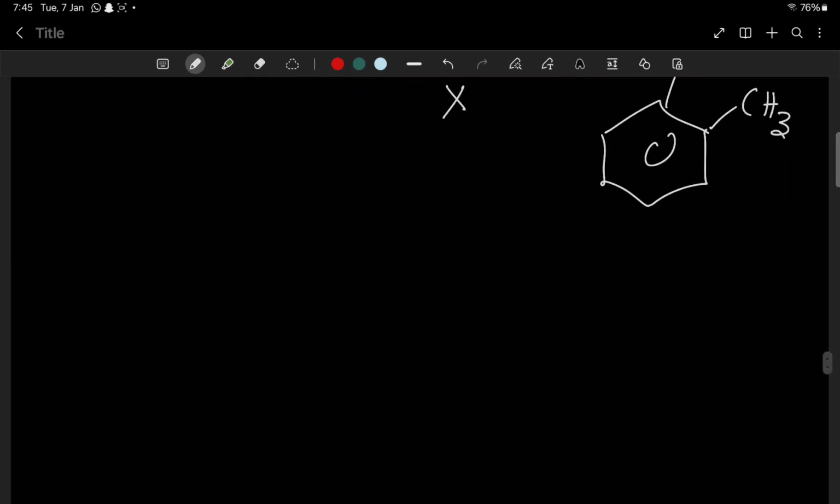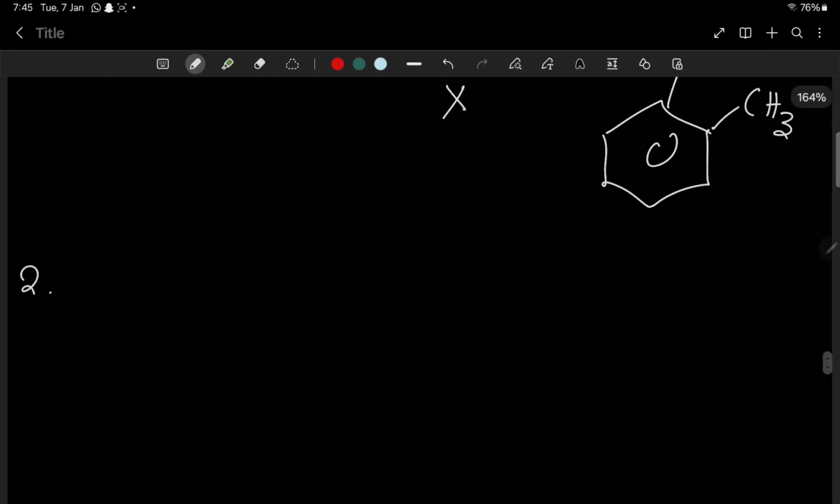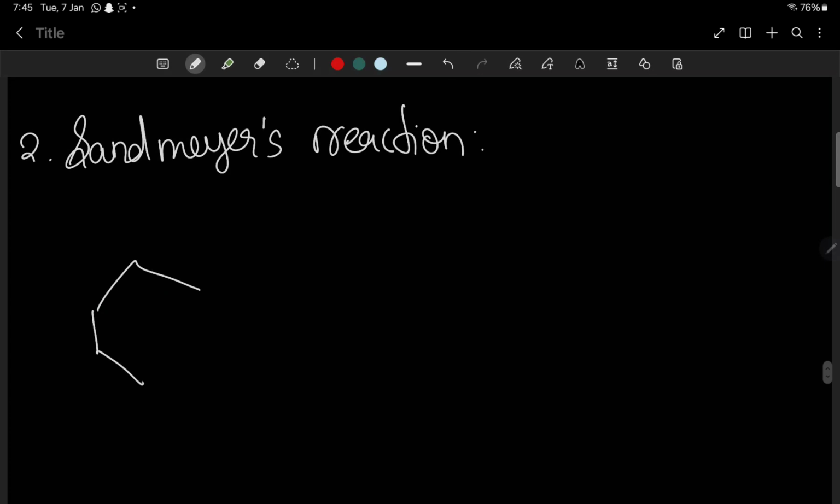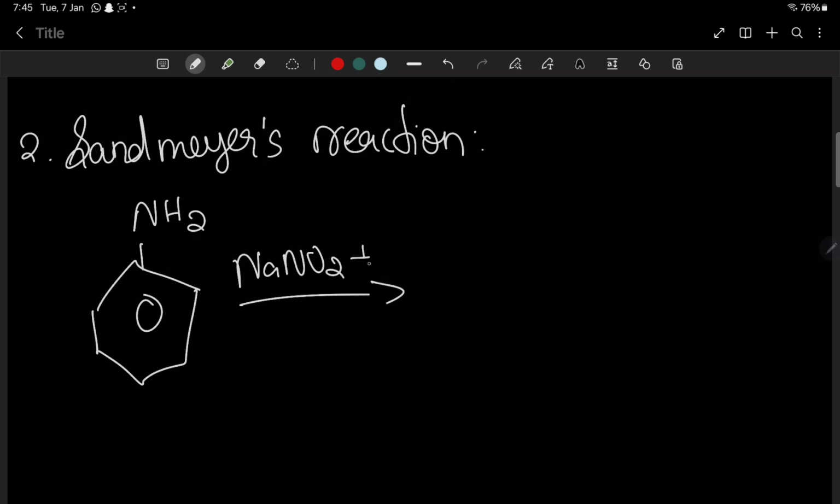Okay, this is the first one. The second method is called the Sandmeyer reaction. This is very simple, that you know. This reaction is also very important because it's in the amines chapter too. What we do is take aniline, and into that we add NaNO2 and HCl at 0 degrees Celsius, that is 273 to 278 Kelvin. So we get this thing,